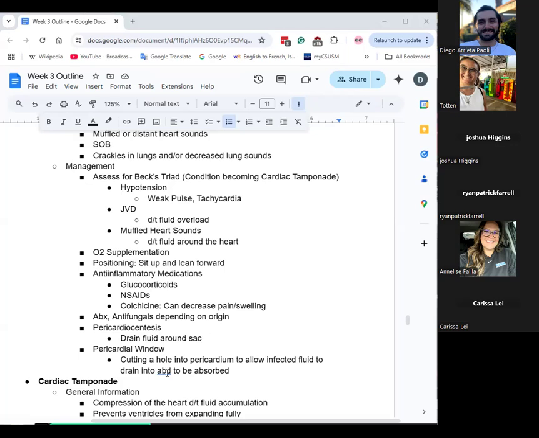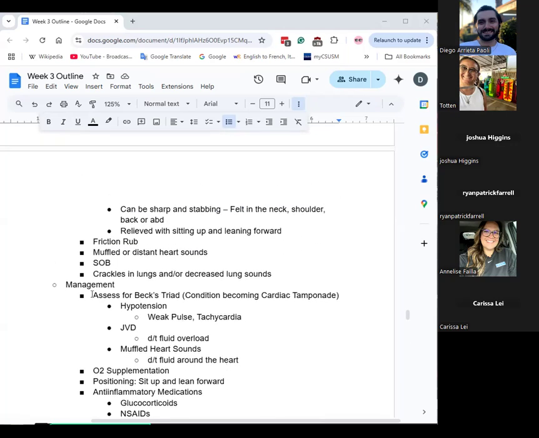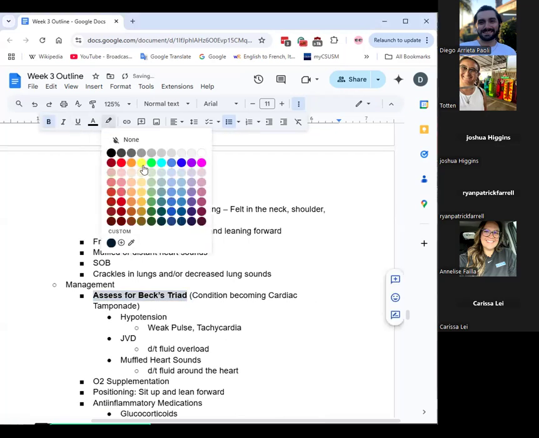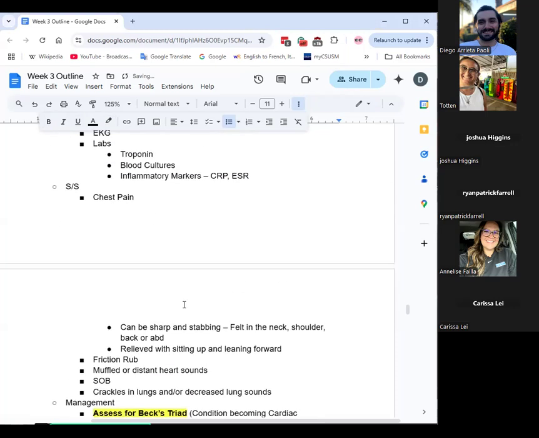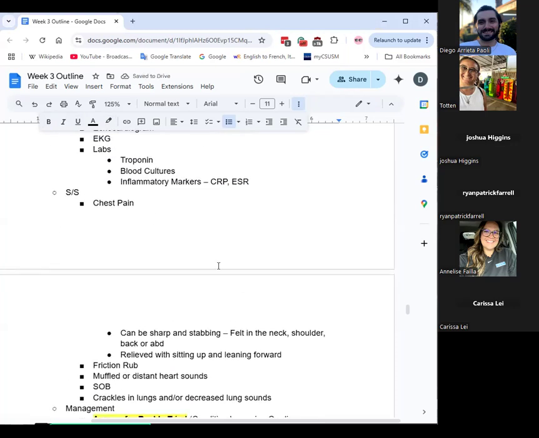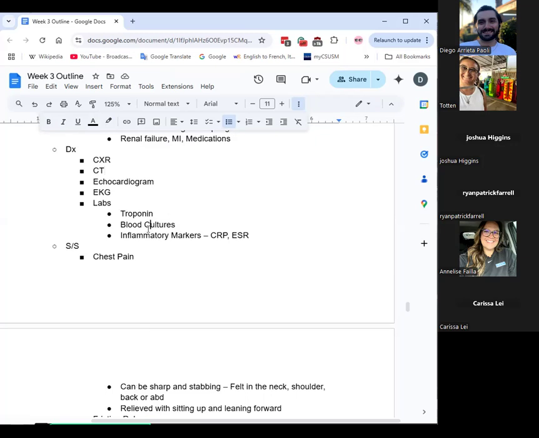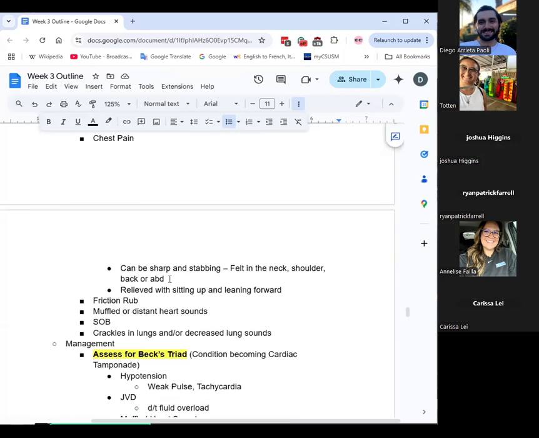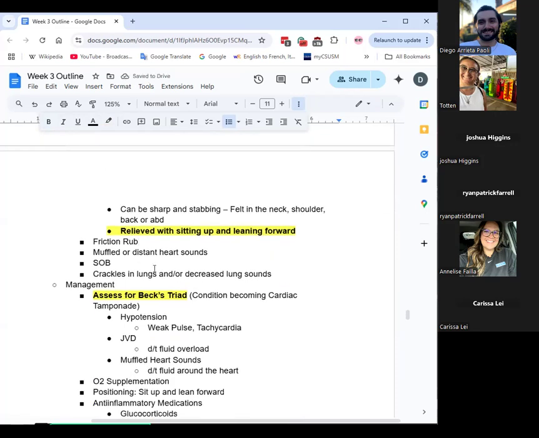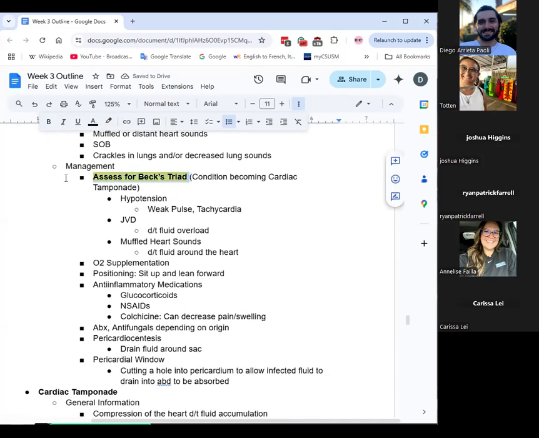Okay. So I would say the main thing with this one, of course, definitely know your general stuff here, but a lot of this you'll see is very repetitive, right? A lot of this stuff is saying the same stuff. We're looking at a lot of similar labs. There's some standouts, but there are also some things that are unique about this one. I definitely think you guys should know the unique stuff, and then definitely know the assessment here,